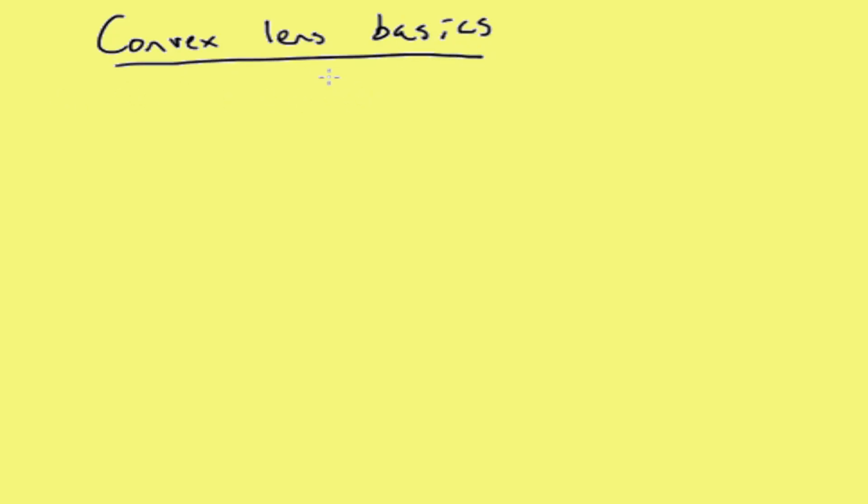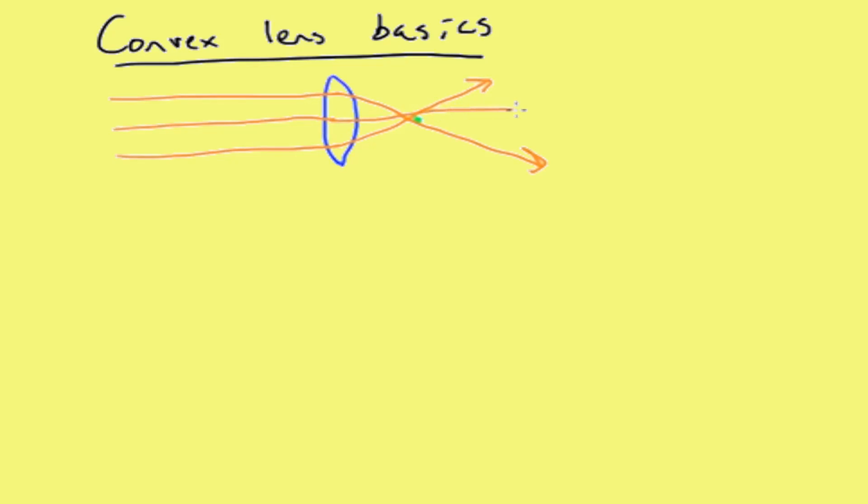So now, if we clear our screen and look at convex lens basics again, if we redraw the convex lens, and then instead of yellow I'm going to use orange because I think it's going to be a little bit easier to see. We have incoming horizontal light, that should be horizontal. And then these will be bent so that they go through the focal point on this side. I'm missing it a little bit, but that's because I don't have steady hands. These should be all hitting the focal point. If we made the dot a little bit bigger, and since that's F,